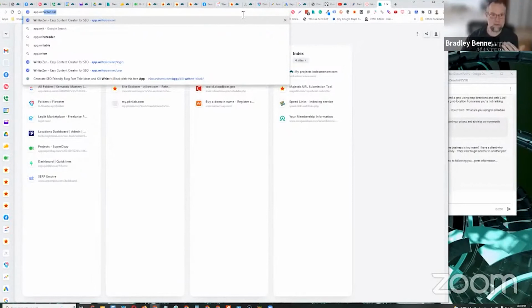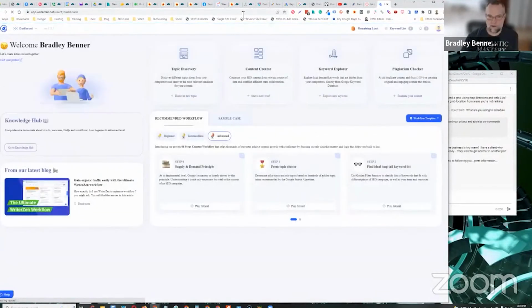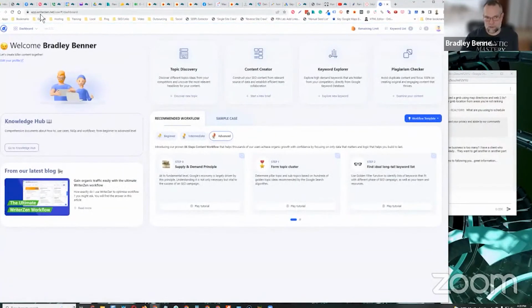And so when we do that, we also produce all the content. We do all the keyword research. We do everything that we need. And this is a great tool as well called Writer Zen. I don't know if it's still on AppSumo or not, but it was for a while. And this was an outstanding tool. This is a really, really good tool for keyword research. I have not used it to tune existing content that much, but we do use this tool pretty heavily in my link building business for producing content.